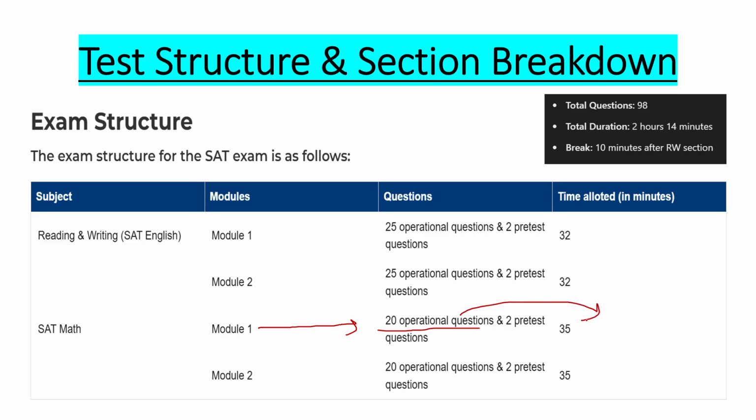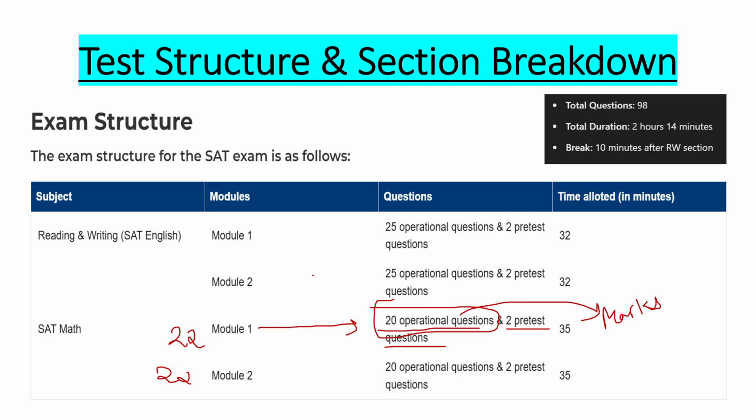These are going to give you marks. Okay, these are going to give you marks, and the other 2 pre-test questions are not going to give you marks. So basically in the math section, module 1 you're going to get 22 questions, and module 2 also 22 questions. Out of these 22, 20 are going to be your operational questions, and operational questions means that you